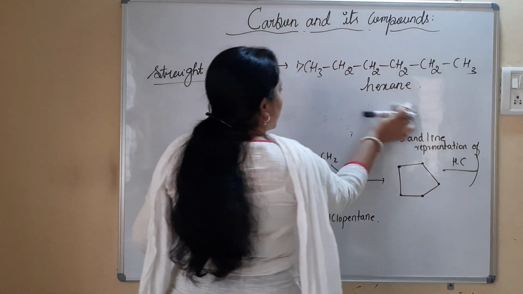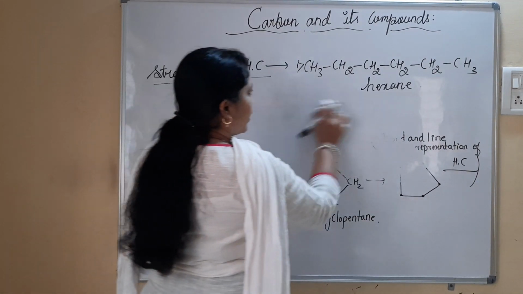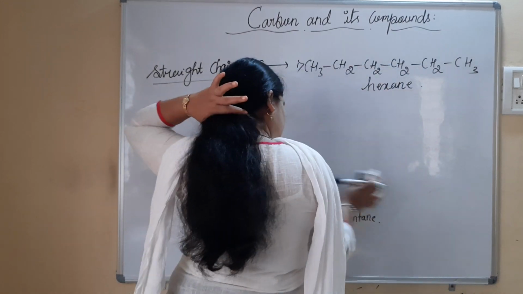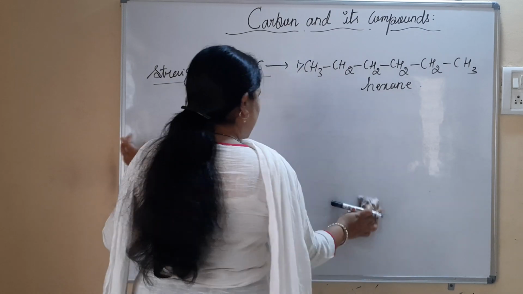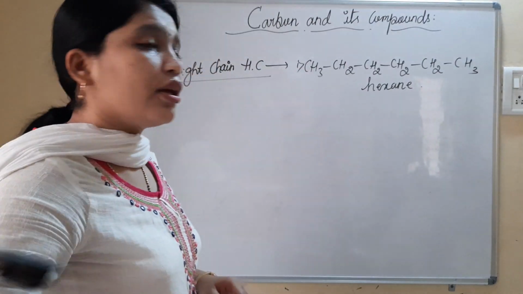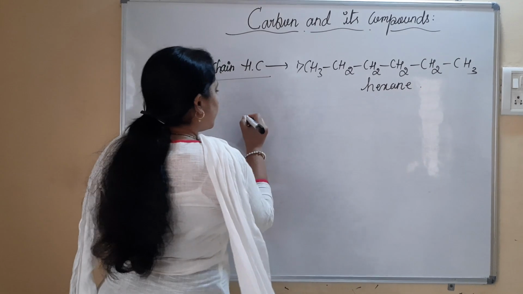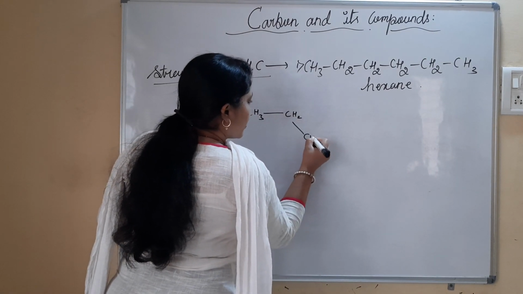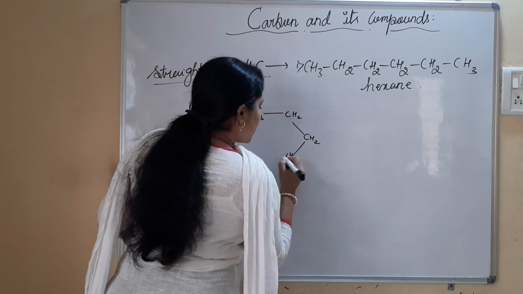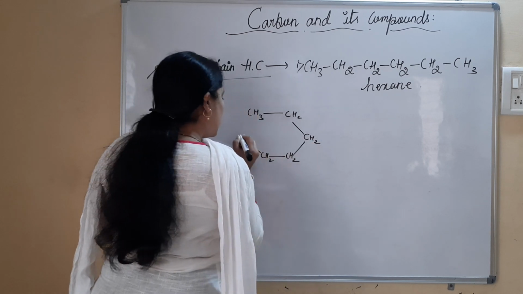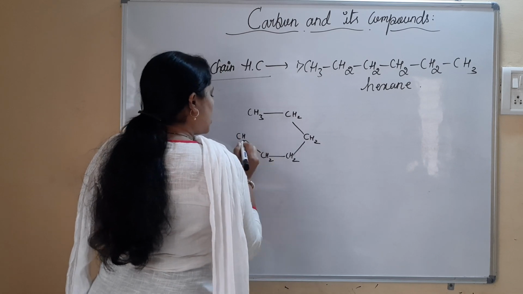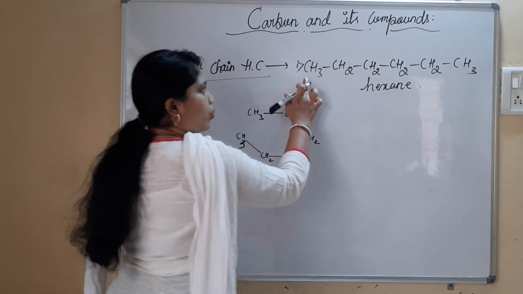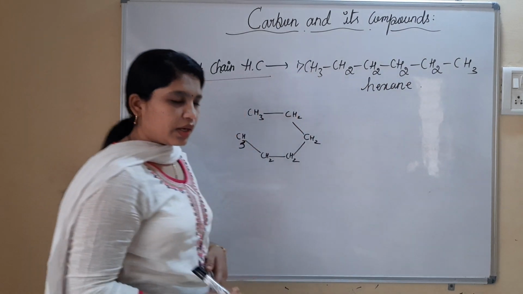Now let's try one more hydrocarbon with 6 carbon atoms. Which hydrocarbon has 6 carbon atoms? I have hexane here. So let's consider hexane itself as the example. With the help of that, we will write cyclohexane. So I have CH3, right? Then I have CH2, CH2, CH2, CH2, and sorry, this last one is CH3, right? 1, 2, 3, 4, 5, 6. Right? What do I need to do?